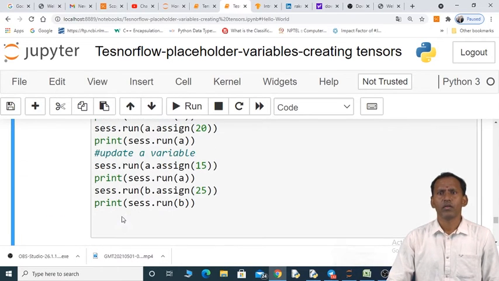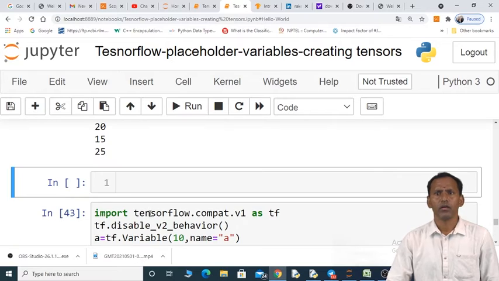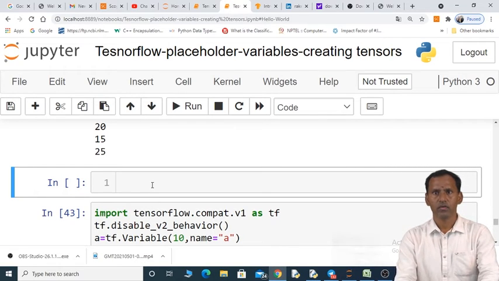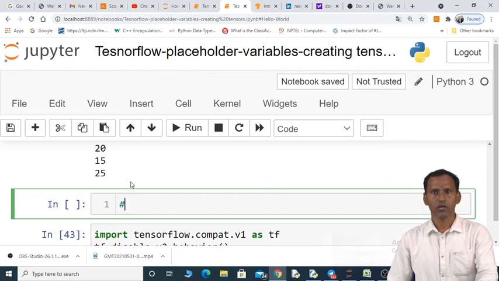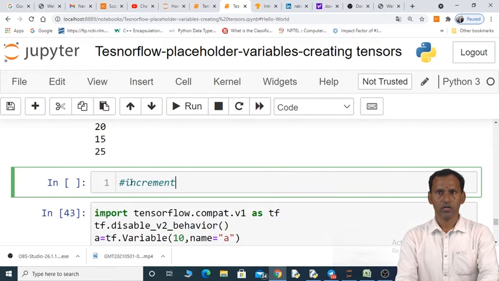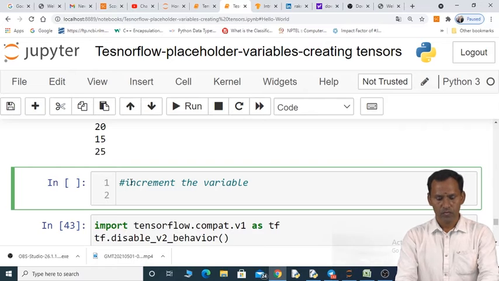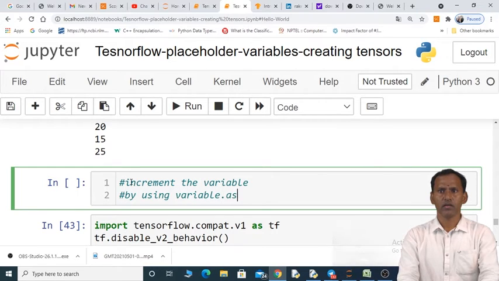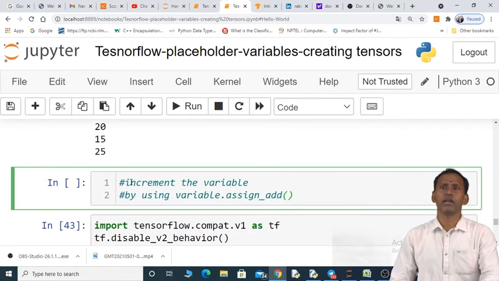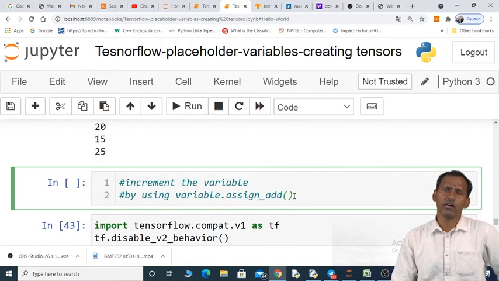Now later, if you want increments, to increment the variable, by using variable dot assign underscore add, we can increment the existing variable value.